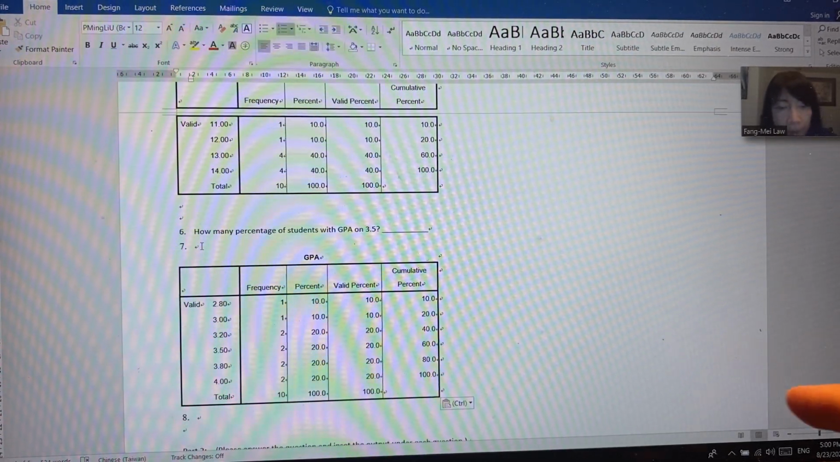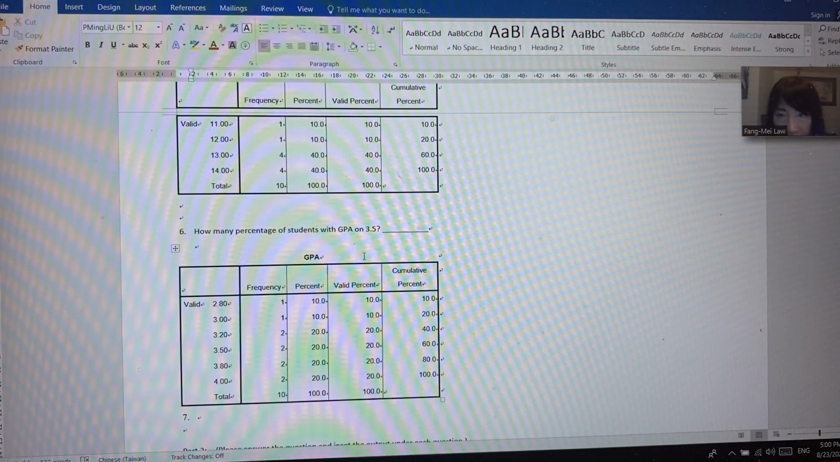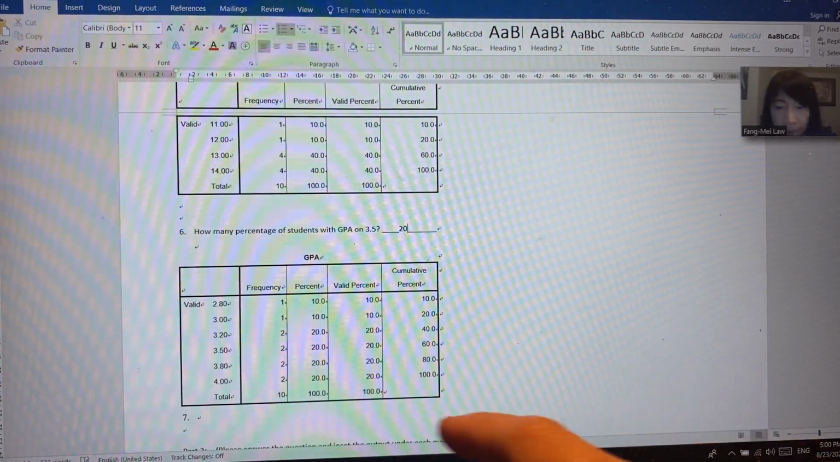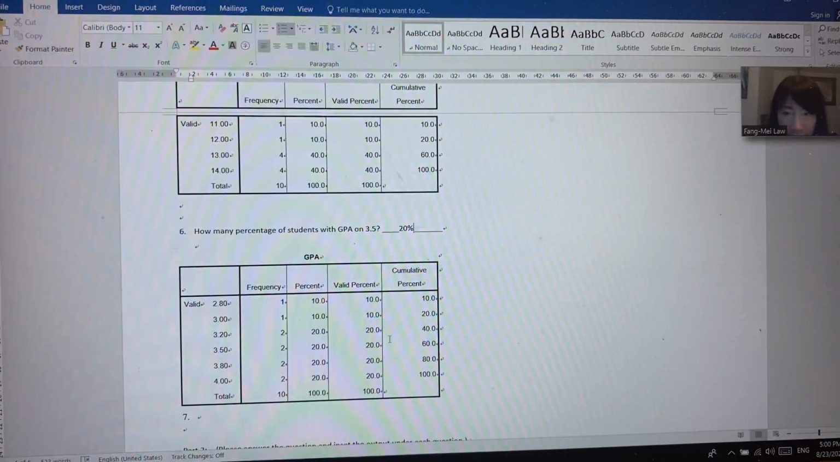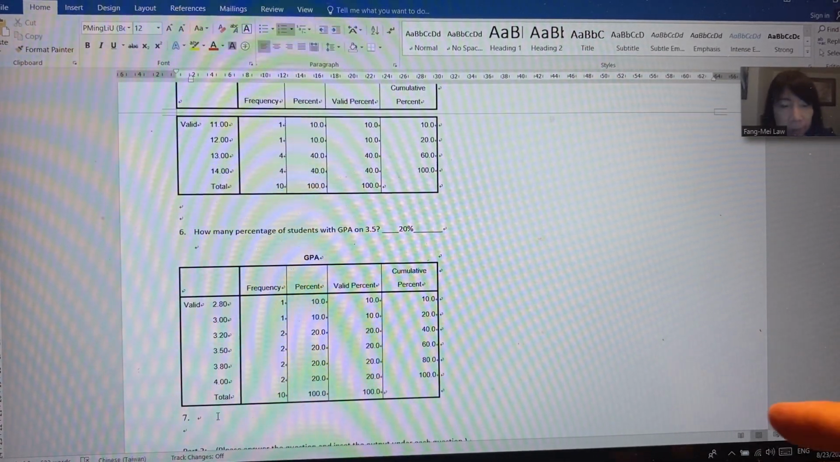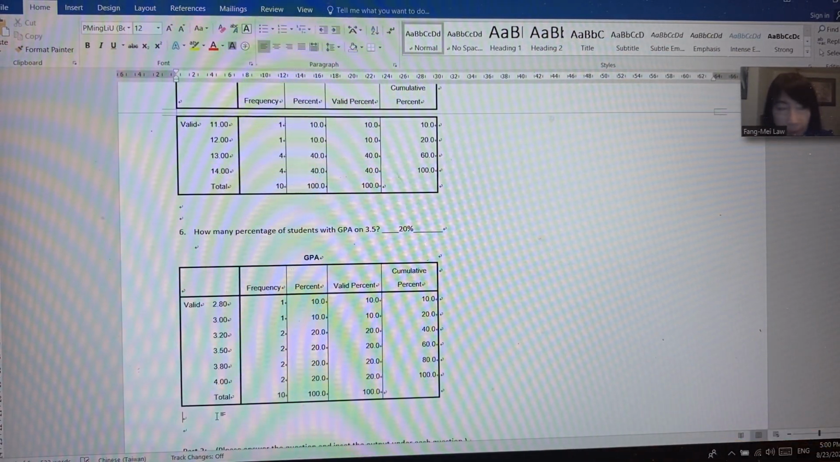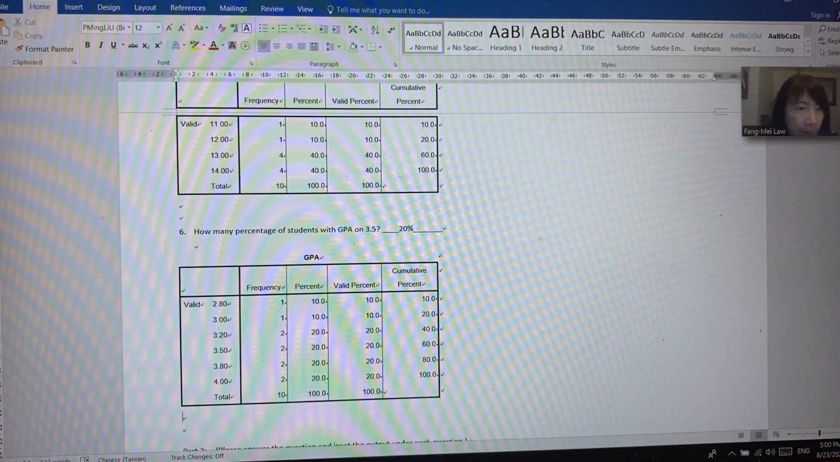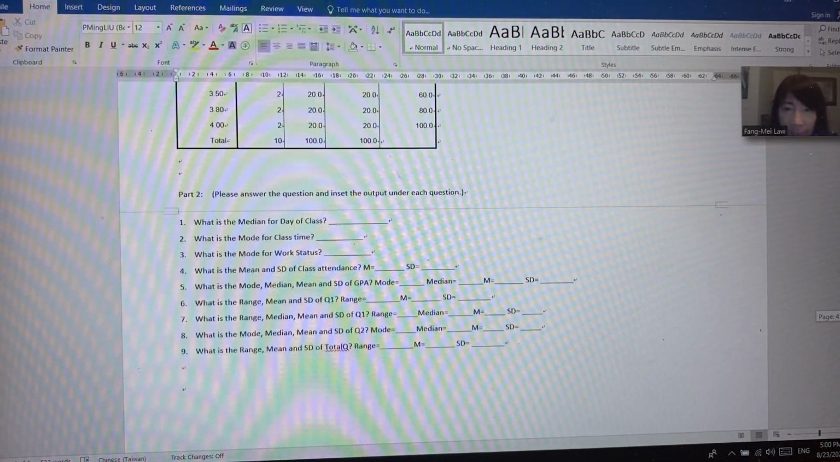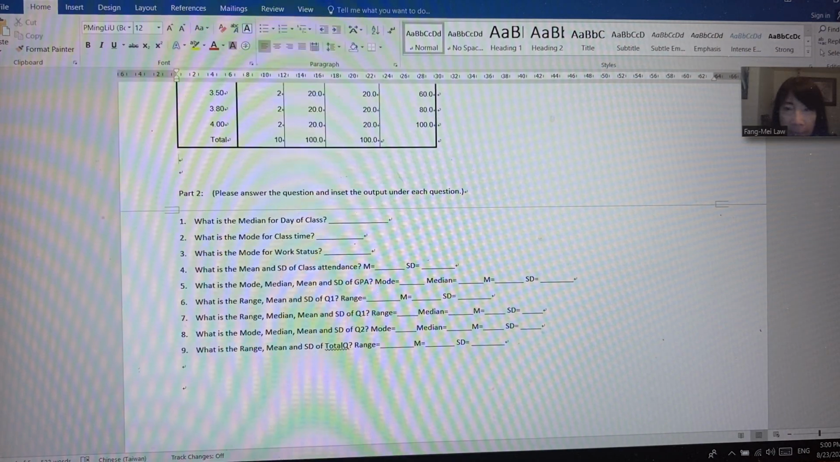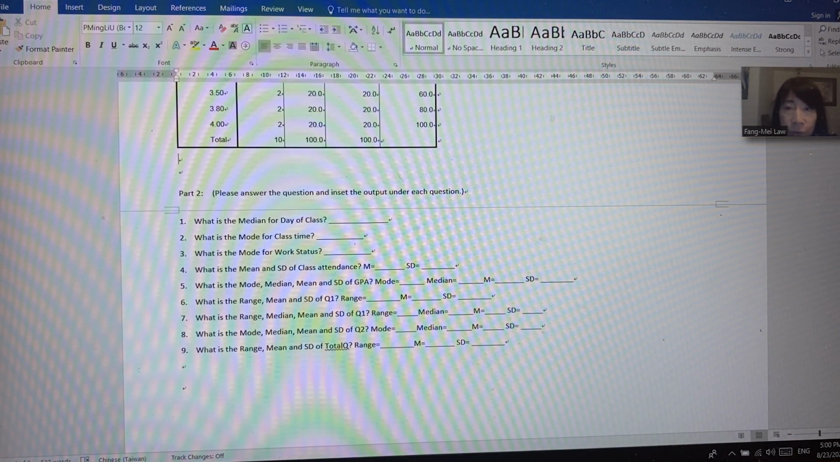Okay, so 3.5. What percent? 3.5. We have 20%. Okay. Looks like we finished this part of the questions. Okay. This is for frequency. Okay. The second part, I asked you to find their